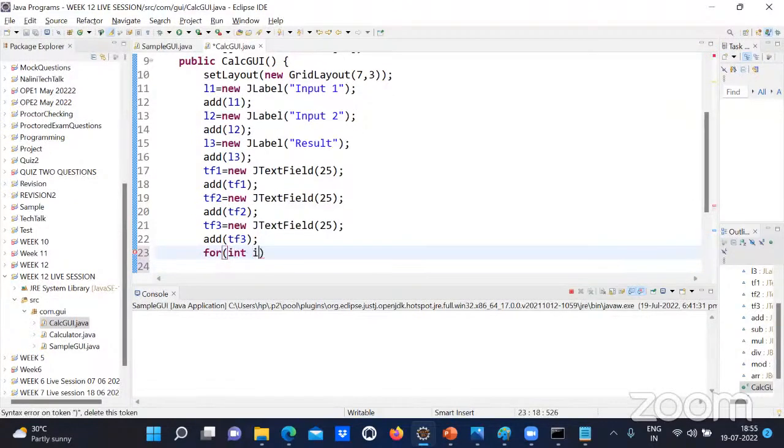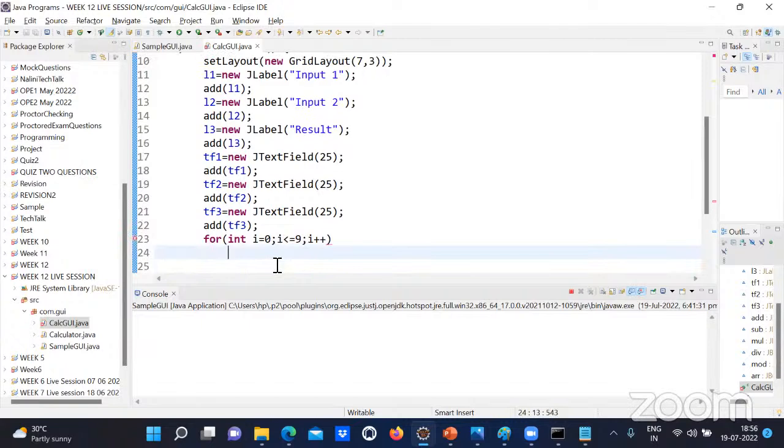For int i is equal to 0. See how I'm going to create. i is less than or equal to 9, i is incremented by 1. So I'm starting from 0, and I'm going to increment the i value by 1. After every iteration, I'm going to check whether i is less than or equal to 9 or not. Now I'm going to create button arr of i is equal to new button of